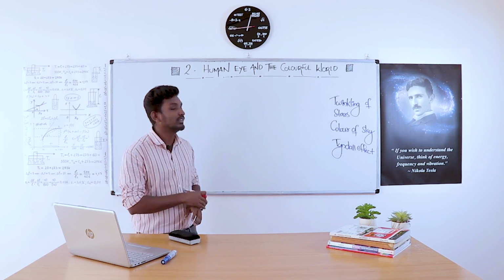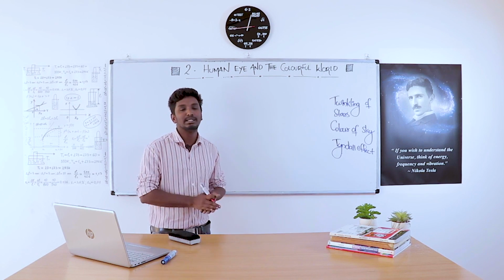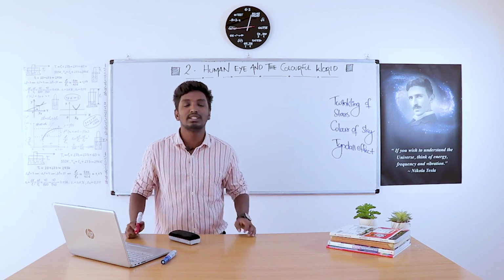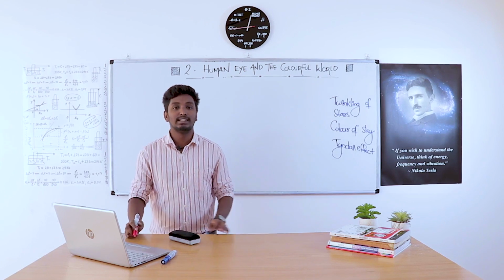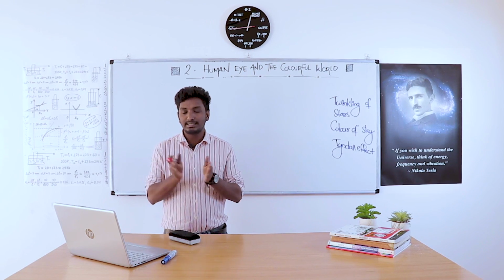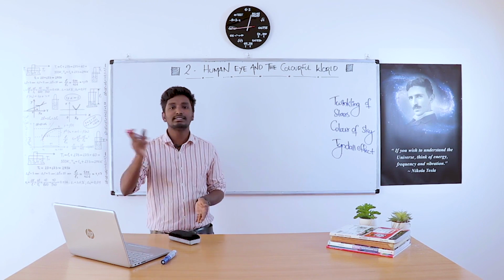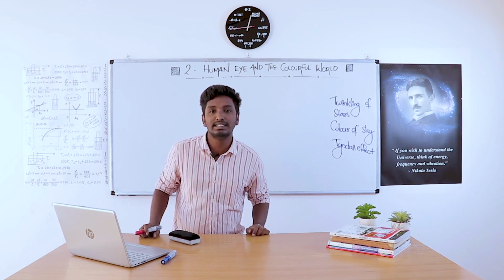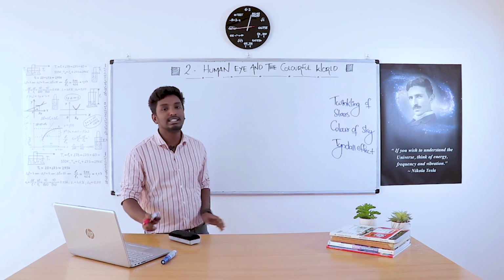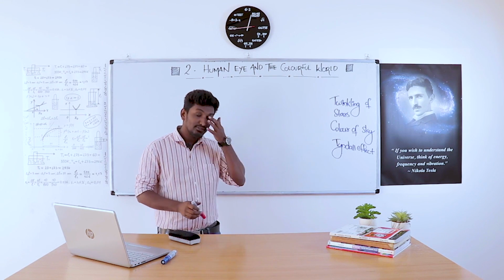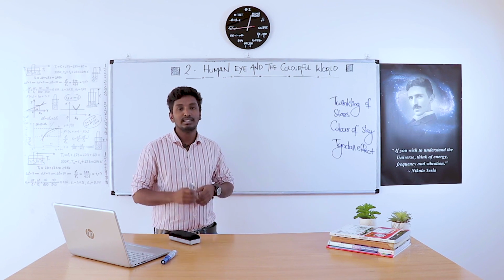So what is the reason behind the color of the sky? It is simply because of scattering. The least wavelength colors scatter more and spread all over the sky. That's why we see it as blue color. Next,